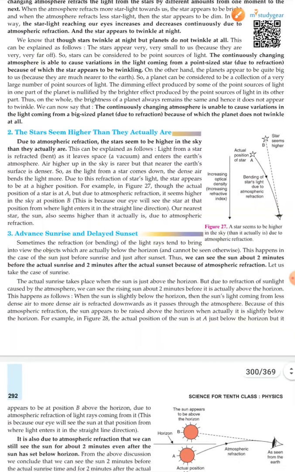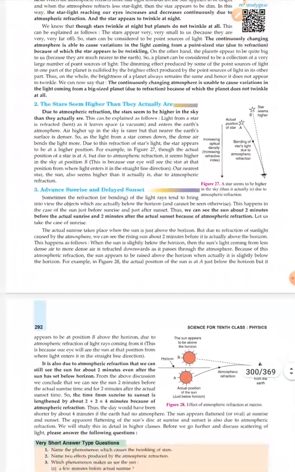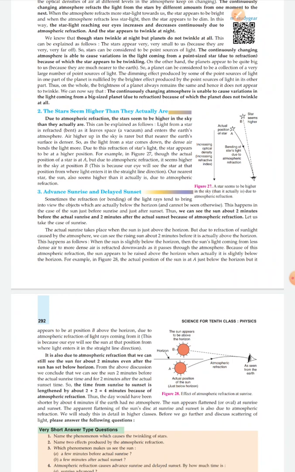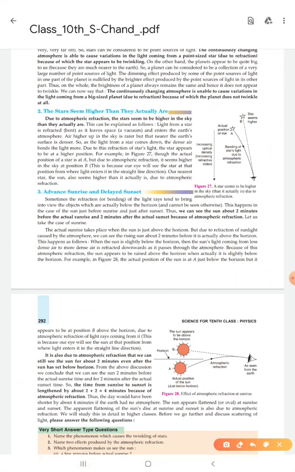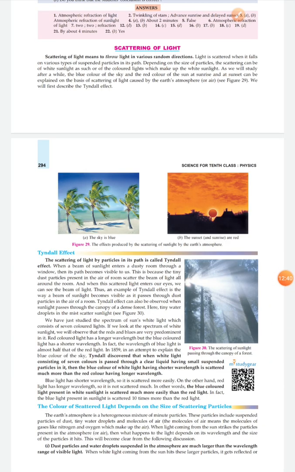And this is also a very important thing, advanced sunrise and delayed sunset. It happens 2 minutes in the morning and 2 minutes in the evening. Suppose this is the horizon. The actual position of the sun is just below the horizon, but when the light comes from the sun, it deviates, it refracts, and we see that light is coming from this part, so the sun appears just above the horizon. So these are very important things related to atmospheric refraction. That is just one part of refraction.